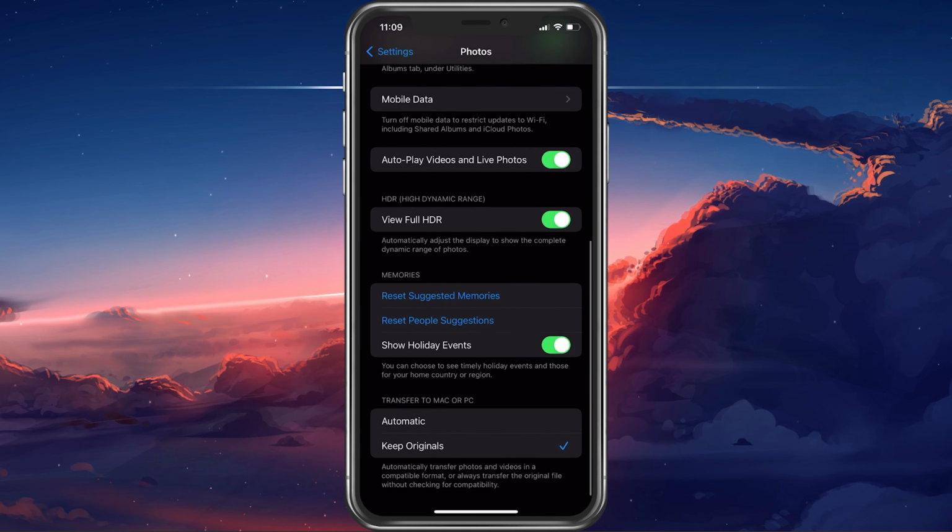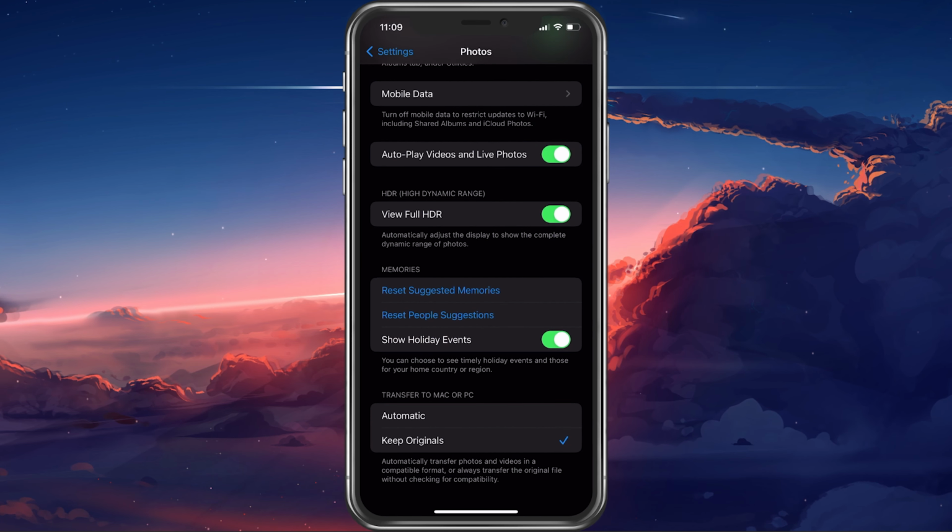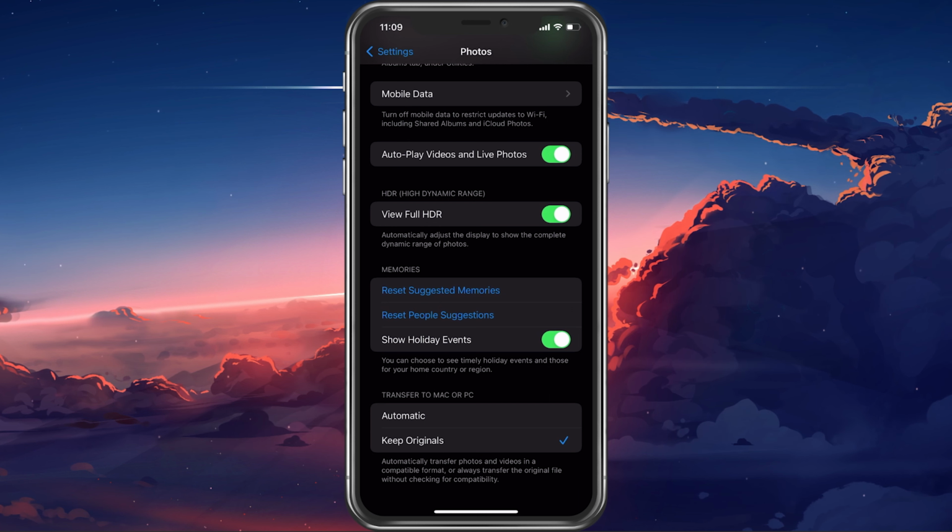Before saving photos to Mac or PC, make sure to enable the Keep Originals option in your photo settings. This will not only transfer photos in their original format, but also prevent issues when copying these files to your